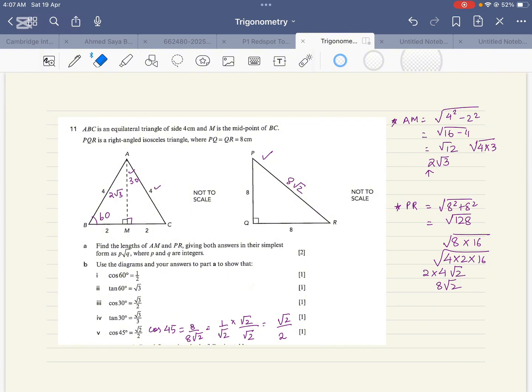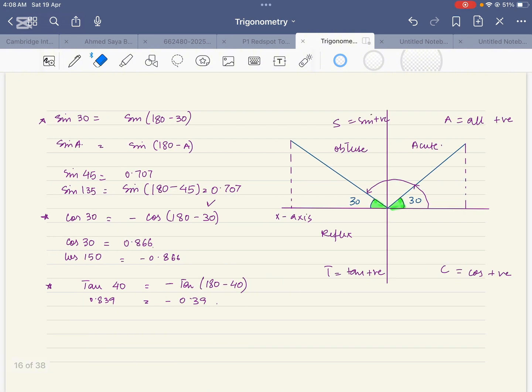So far you have seen that we did find out trigonometric ratios, but all of them were for acute angles. Now we are going to find them for obtuse angles. Before that, we need to understand something. An obtuse angle is between 90 and 180, so an obtuse angle is always in the second quadrant. If I want to name the quadrants, then this is the first quadrant, this is the second, this is the third, and this is the fourth quadrant.